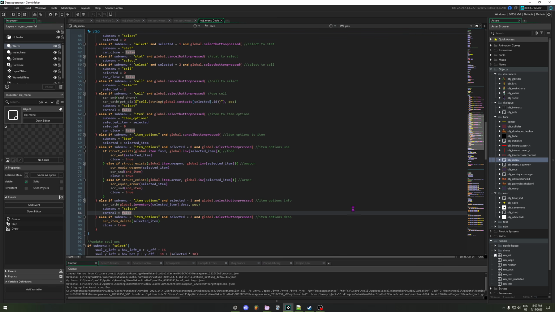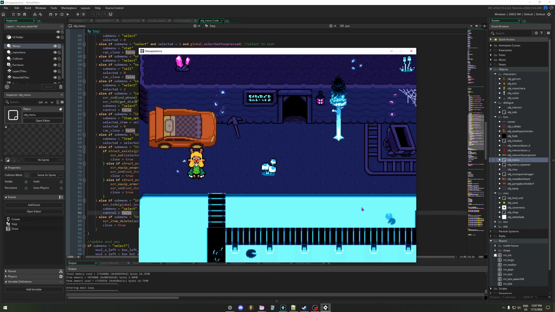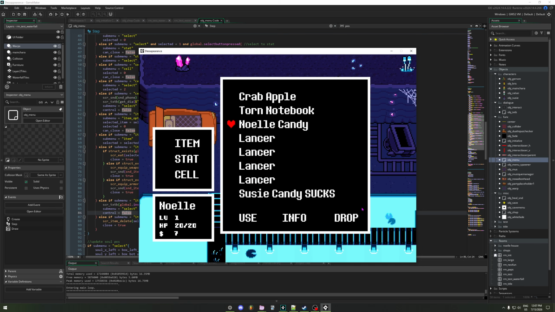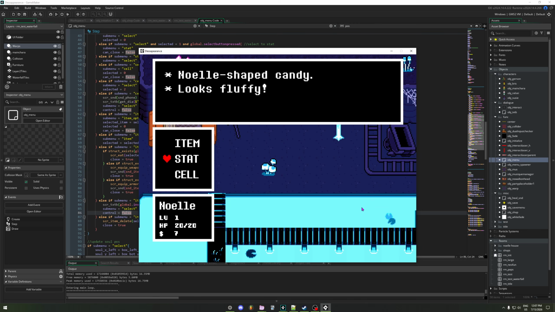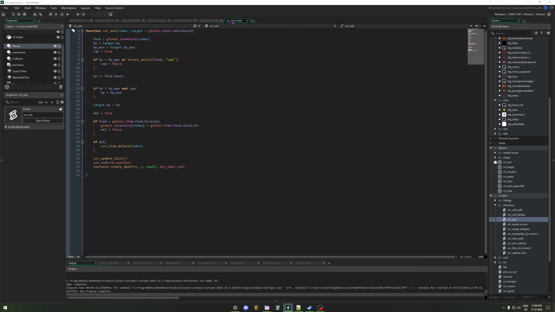Let's just run that. Okay, so let me use my cell. Right, so that worked. And if you use non-candy, there we go, right? But yes, there's just a few more things we need to do with this. So we're actually going to need to change some of our item scripts here. So first, we need to modify scr_eats so that when we eat the item, it actually shows us the text. So now we want to have a pause variable,